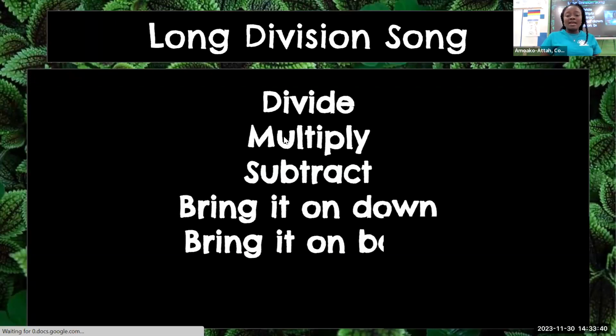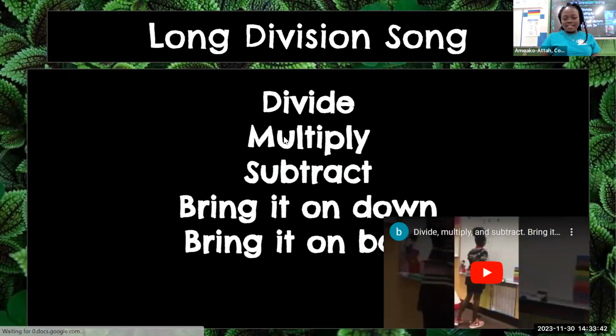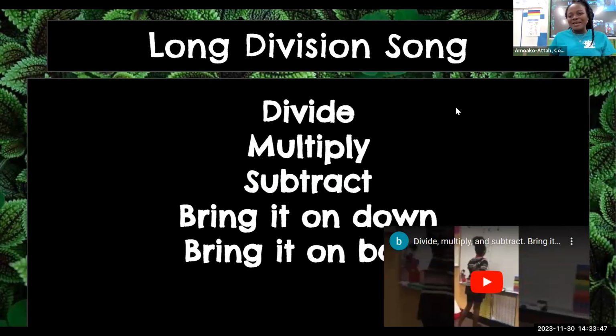Right. So I have a nice song over here that my mentor also taught my kids when she came to my class, and it was so fun. Okay, so I'm not going to play the video, but I'm just going to sing, pardon my voice. All right, so the song is on long division, how to easily remember the steps involved in dividing numbers. It's just normal long division, or regular numbers. So the song goes like this: